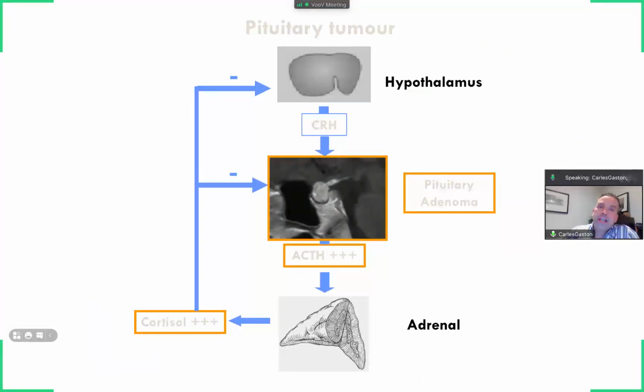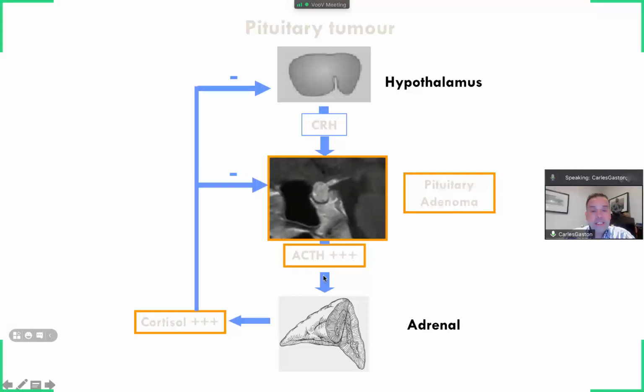So, what happens in pituitary tumors? What we can see here on the screen is the pituitary gland with a big tumor, which is detected by MRI, and it's a pituitary adenoma that hypersecretes ACTH, also known as Cushing's. Hypersecretion of ACTH targets the adrenal gland. We will study this together, me and you guys, next week on Wednesday, Thursday, and Friday.